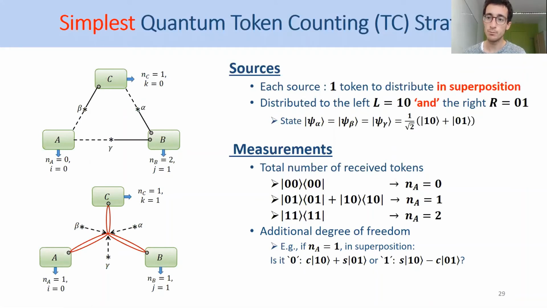And then once they have measured how many tokens they saw, they may also measure additional degrees of freedom. For instance, they may measure the degree of freedom of where the token was coming from when they saw 1 token. And as they are now doing quantum measurements, they may measure this in superposition. So Charlie, for instance, may measure this state or that state in these spaces, in which case he will obtain information about where the token is coming from, but it's quantum information in superposition. So he will find that the token comes from a superposition of left and right.